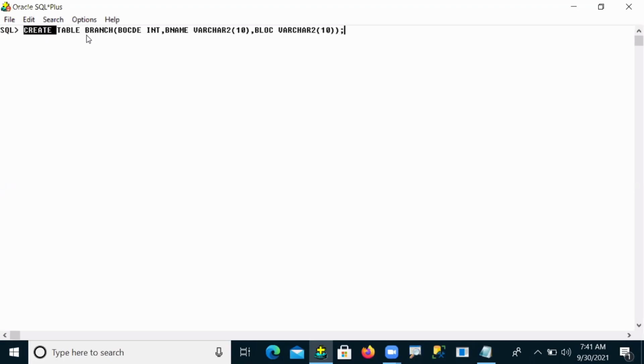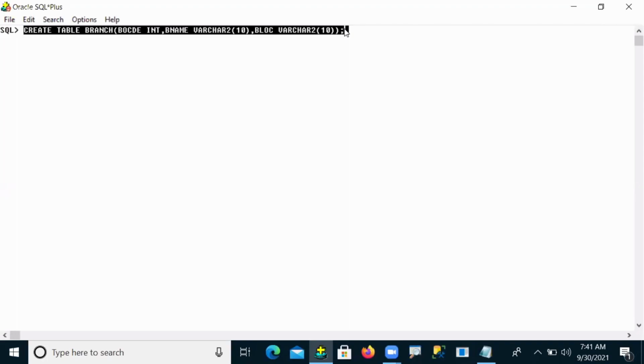So the create command is also doing some operation. What is the operation here? Creating a table. So creating a table is one operation, right? Internally, the create command performs some operation, that is creating a new object, a new table, in the database.